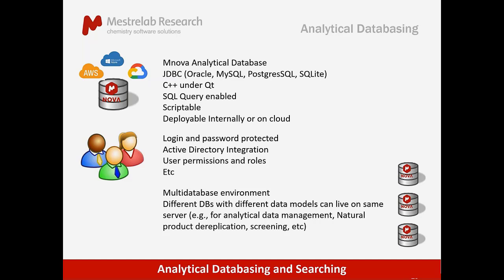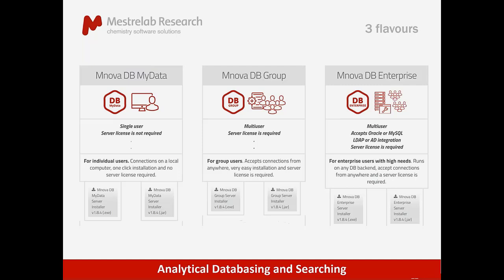So products of synthesis could be one, natural products could be another one, etc. The interesting thing is that when you search, you can search one of the databases or you can search all of them together. Okay, and I was talking to you about flavors. You have 3 flavors. So the first one on the left is the one that you guys have installed, Mnova